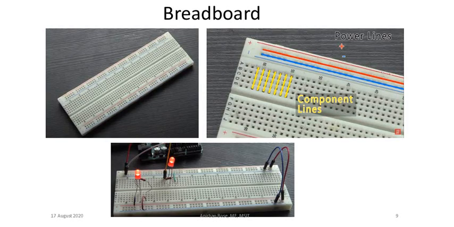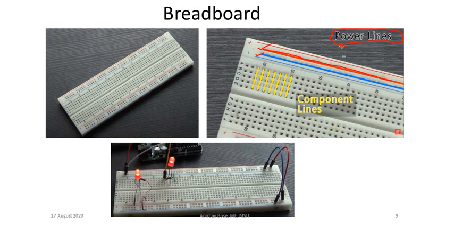Here you see another very important component, that is the breadboard. If you look at the construction of the breadboard, there are 2 channels at the top and 2 channels at the bottom. These top and bottom channels are called the power lines. Here you can see one power line shown in red and blue, and all these holes are internally connected by a conductor.